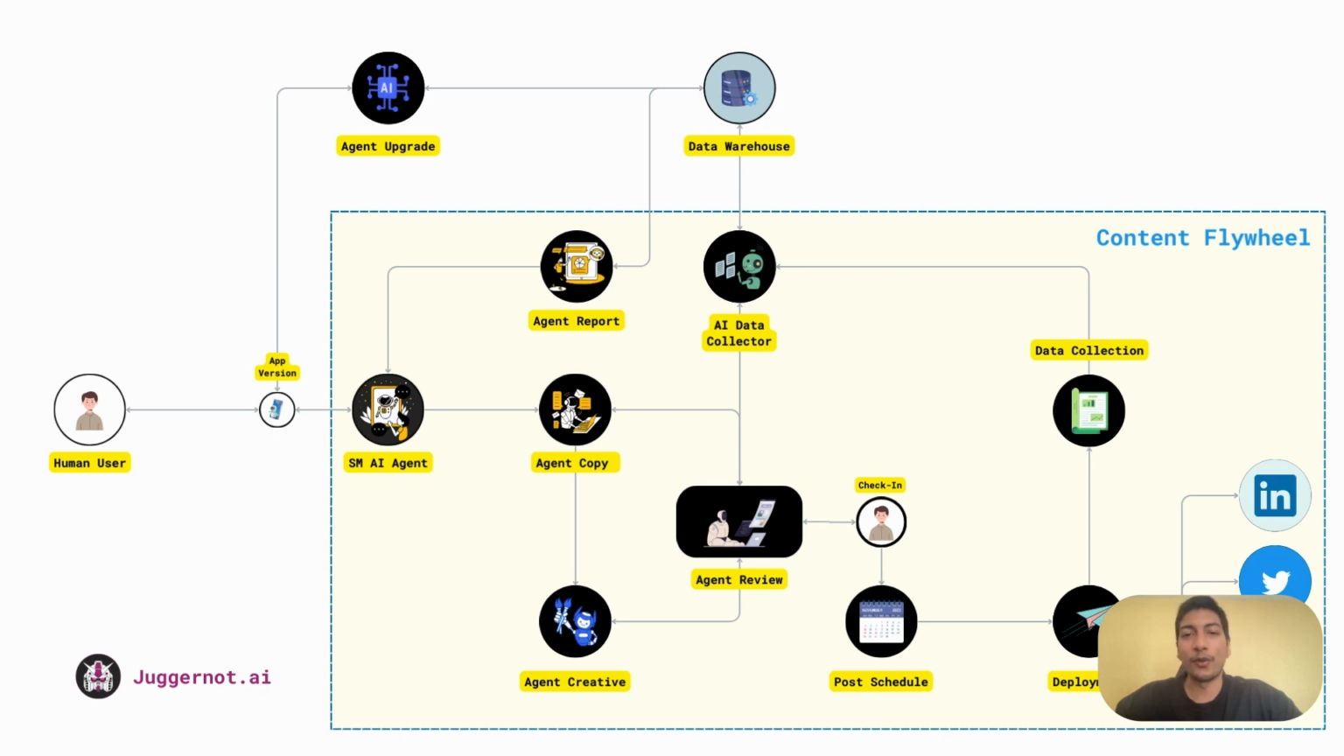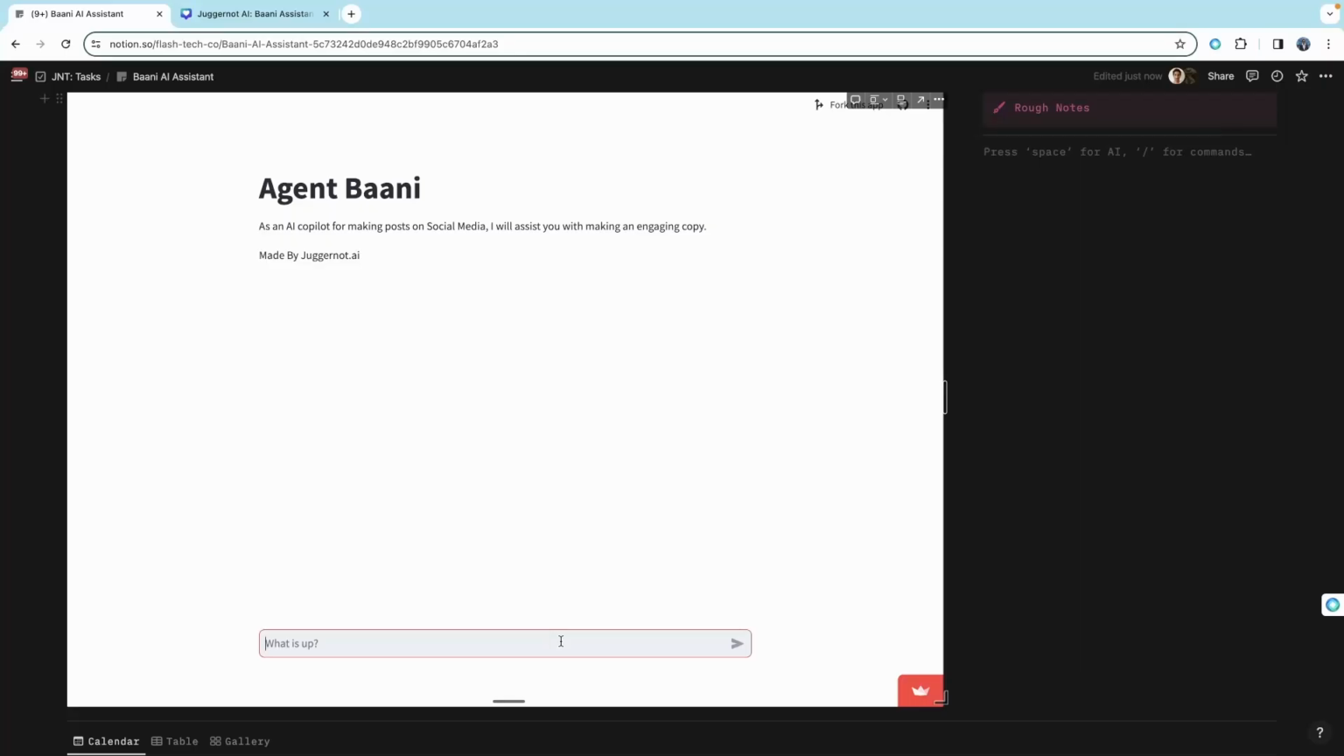Additionally, this agent will make posts only for Twitter. We'll cover LinkedIn and Instagram in other videos. All right, enough theory. Let's jump into practicals. All right, let's begin the chat with Agent Baani. Let's start by typing, I want to make an announcement